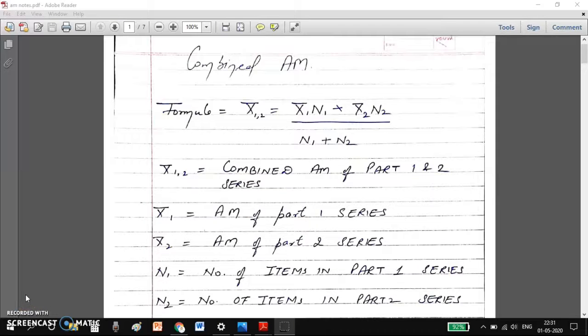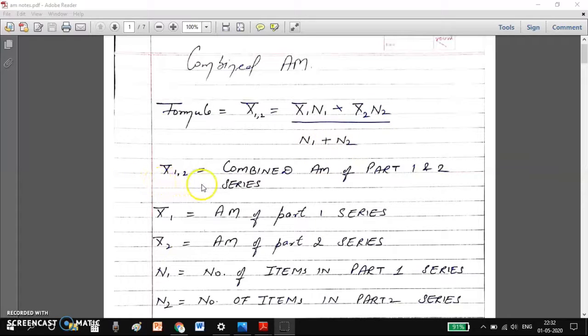Good morning, students. Today we are moving to another term of arithmetic mean, that is combined mean. So first learn the formula. As we can judge by the name, combined, we are having ample things. In the formula we are having two means and two n's, and this is how we go with the formula: mean 1 multiplied by n1 plus mean 2 multiplied by n2, divided by n1 plus n2.